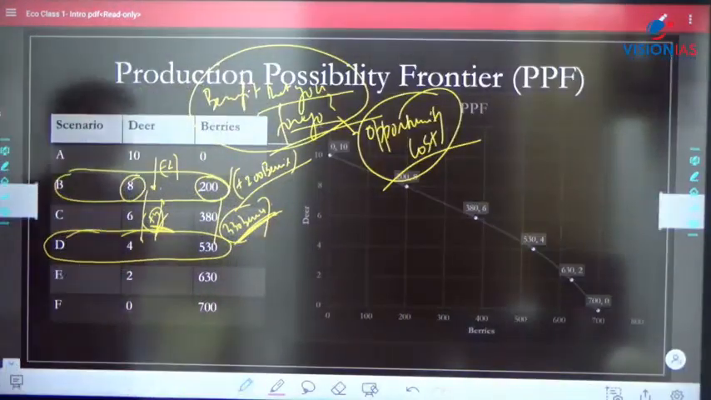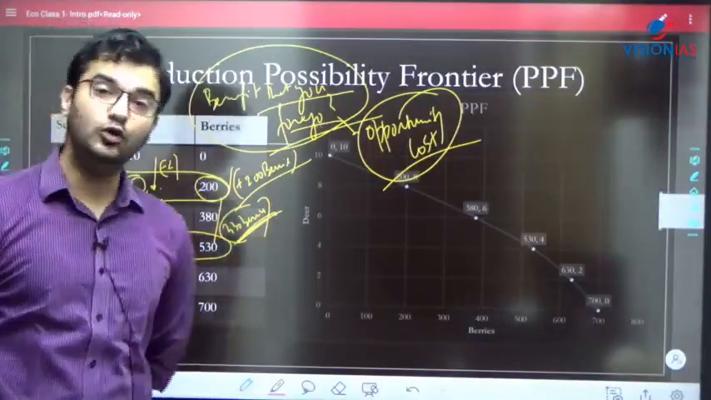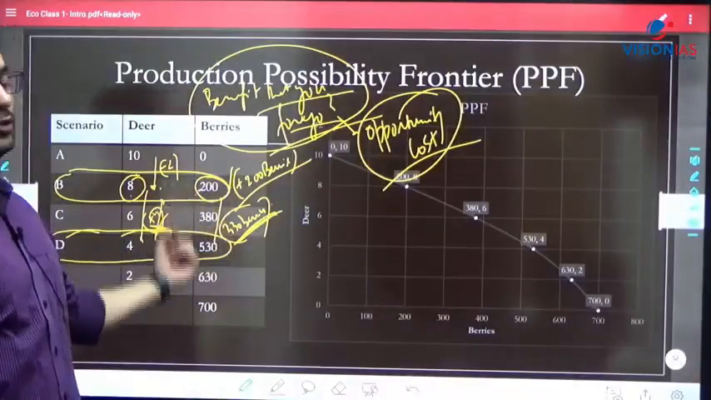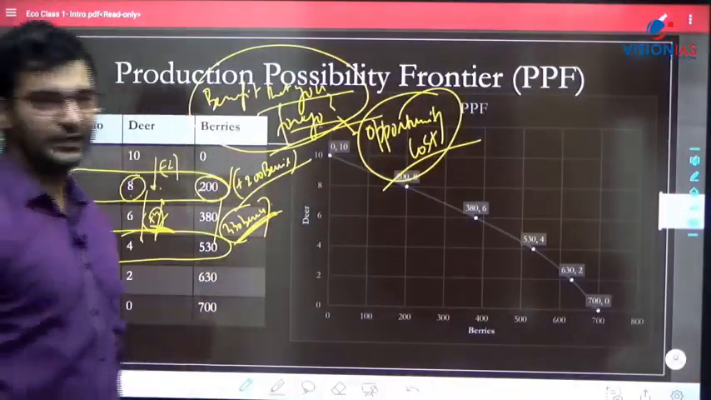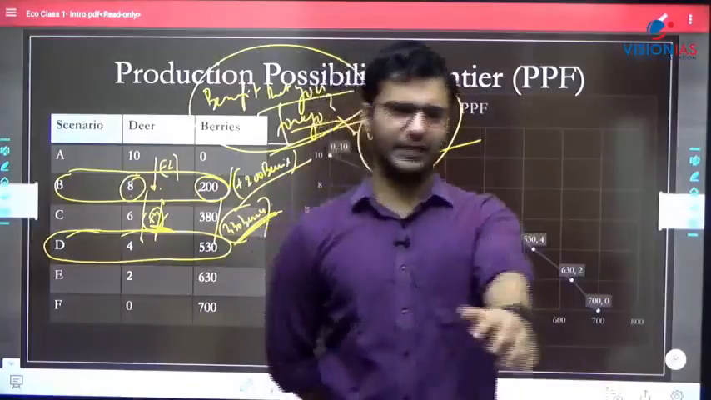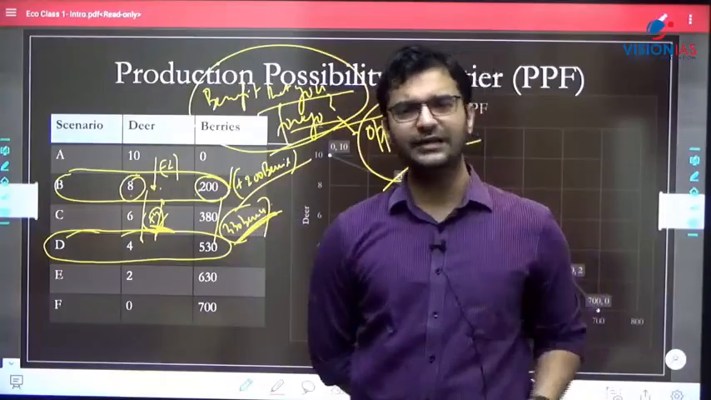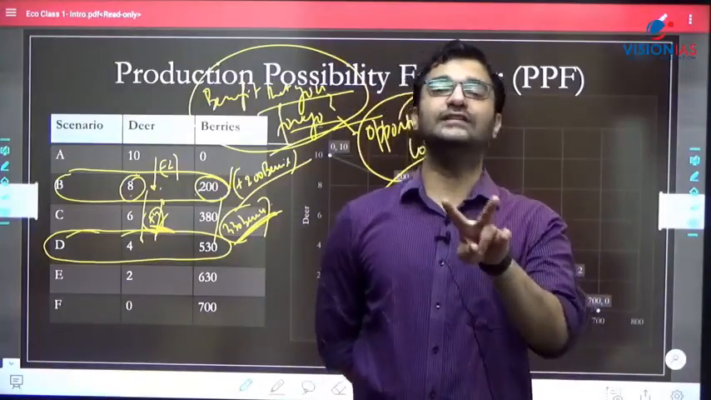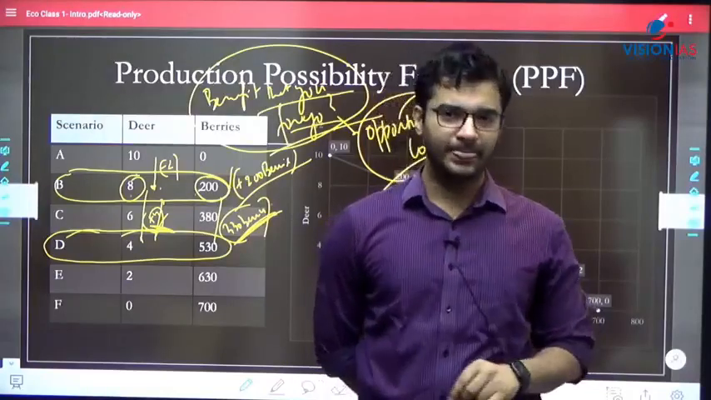Opportunity cost is this in this case. The opportunity cost of B over D is 330 berries. The opportunity cost of D over B is 4 deer. So this is the concept of opportunity cost. In the case of government, obviously you can apply this concept. The government chose, okay, we will do policy A instead of policy B. The government chose